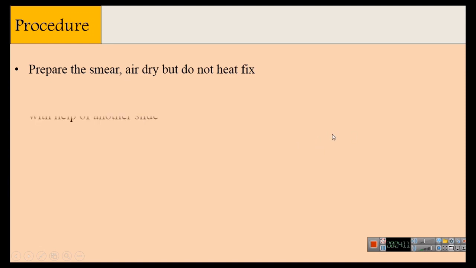Now we will see the steps in capsule staining, that is, the procedure of capsule staining. In the first step you have to prepare a smear of the given bacterial suspension under aseptic conditions with the help of a wire loop. Air dry that smear, but do not go for heat fixation because, as I told you, capsule mainly contains water, and if you carry out heat fixation the water will evaporate and that may change the shape of the capsule, and therefore the heat fixation step is always avoided in capsule staining.